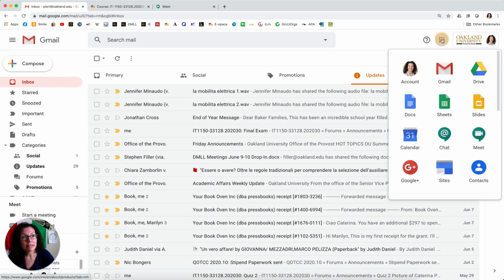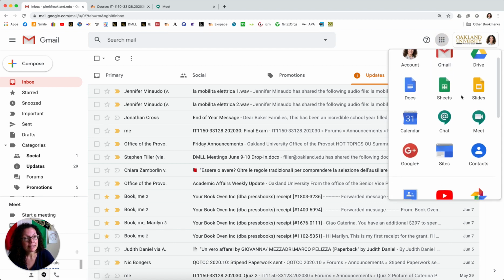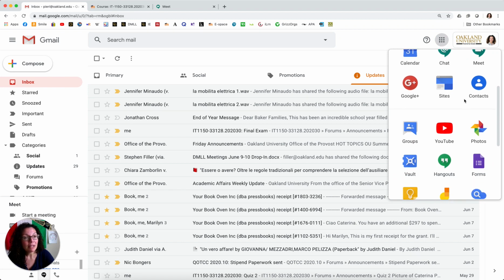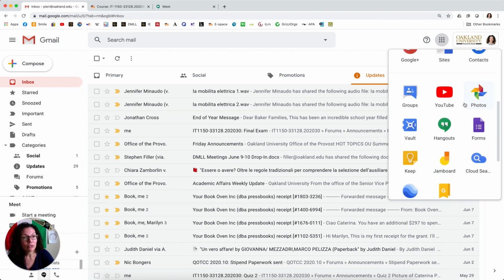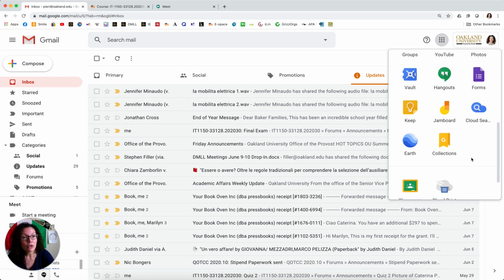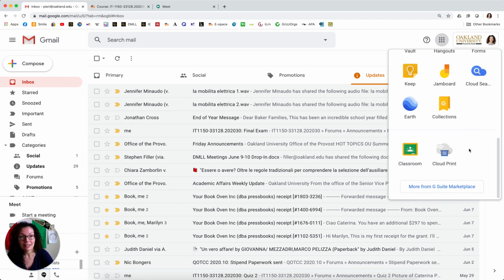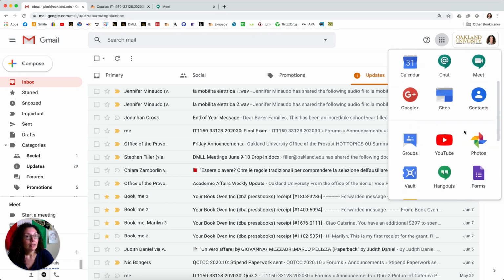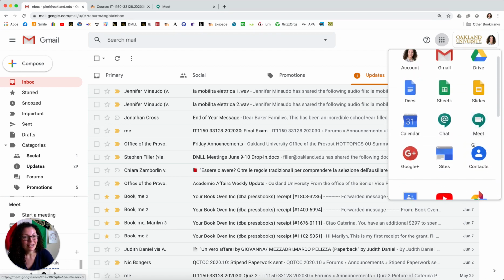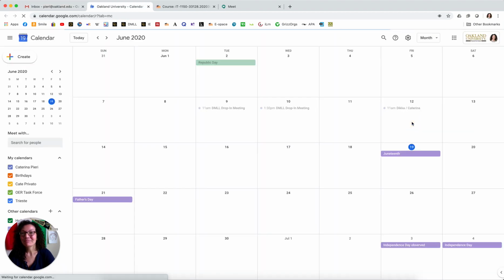If you click on this, you will have access to a long list of applications that are part of the Google Suite. It's all included with your Auckland email account. One of the important, I would say, essential ones is Google Calendar. So please click on Google Calendar, and even if you have never used this before, it's not a problem. It's always available to you and you can do many useful things with it.